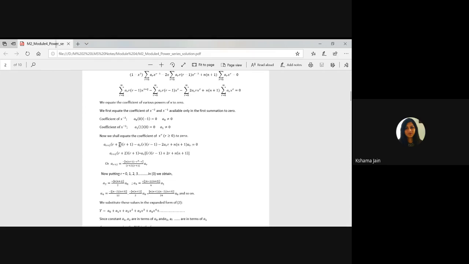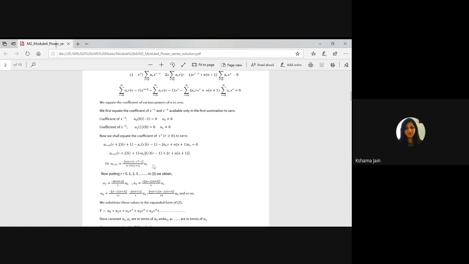So the highest term of a is a r plus 2. We will keep it on one side and all the terms we will take on the other side. Again, there is a mistake. Here, in place of plus, it should be minus, but they have forgotten again. Many mistakes of plus minus are there. So it will be minus only. After simplifying this equation, we get the value of a r plus 2 in terms of a r.